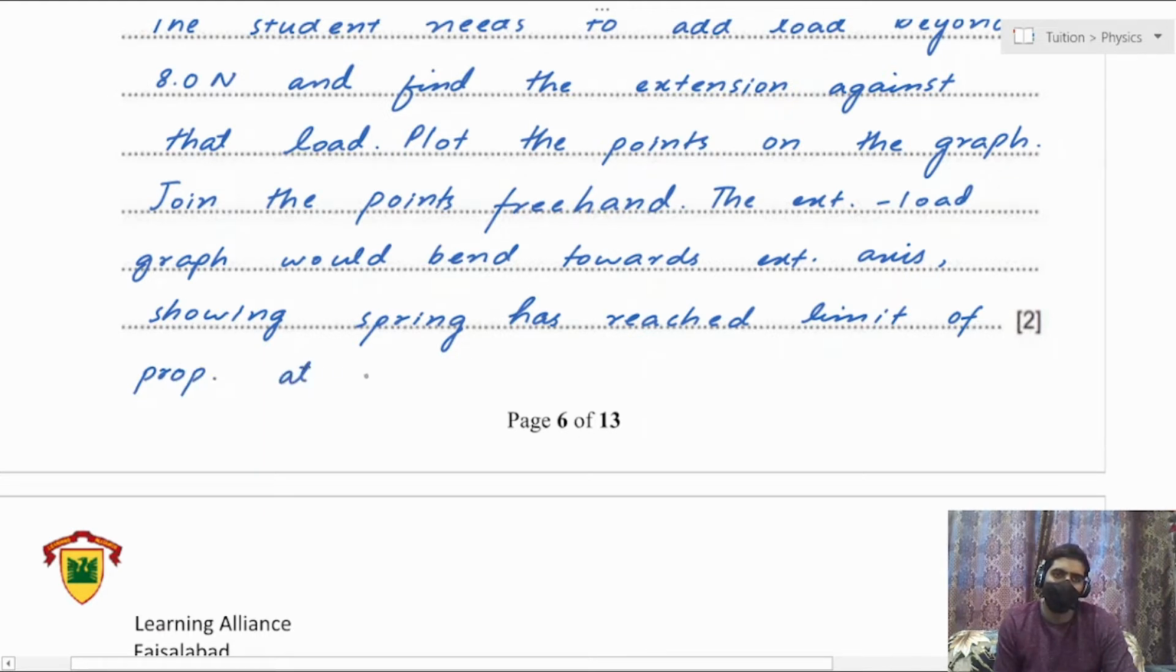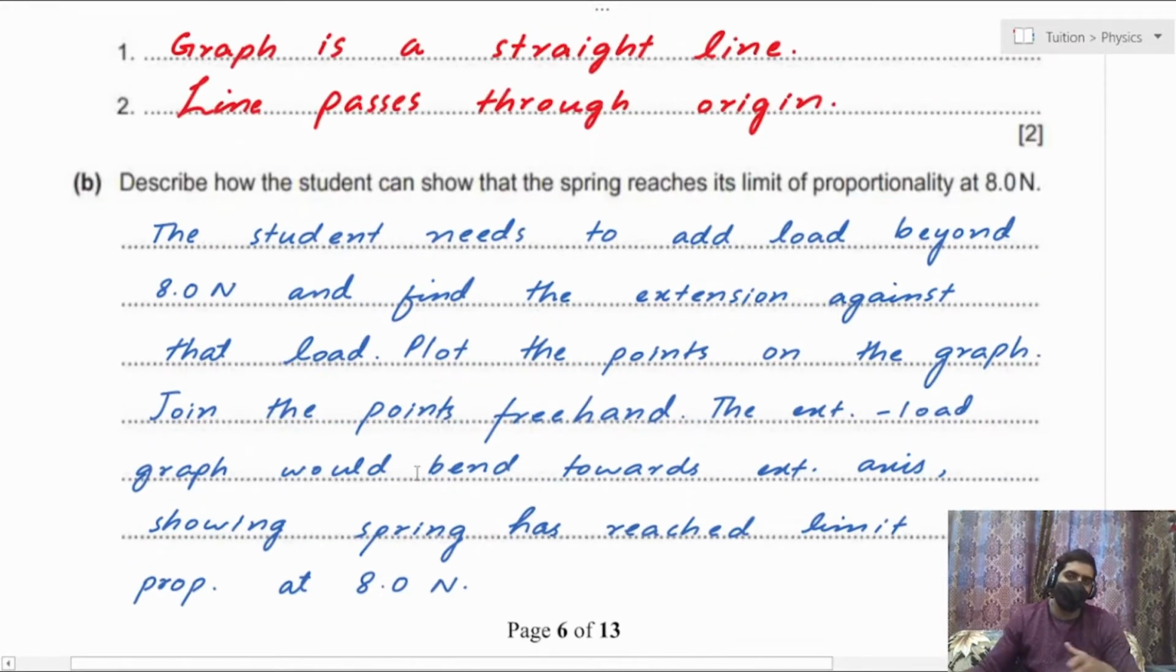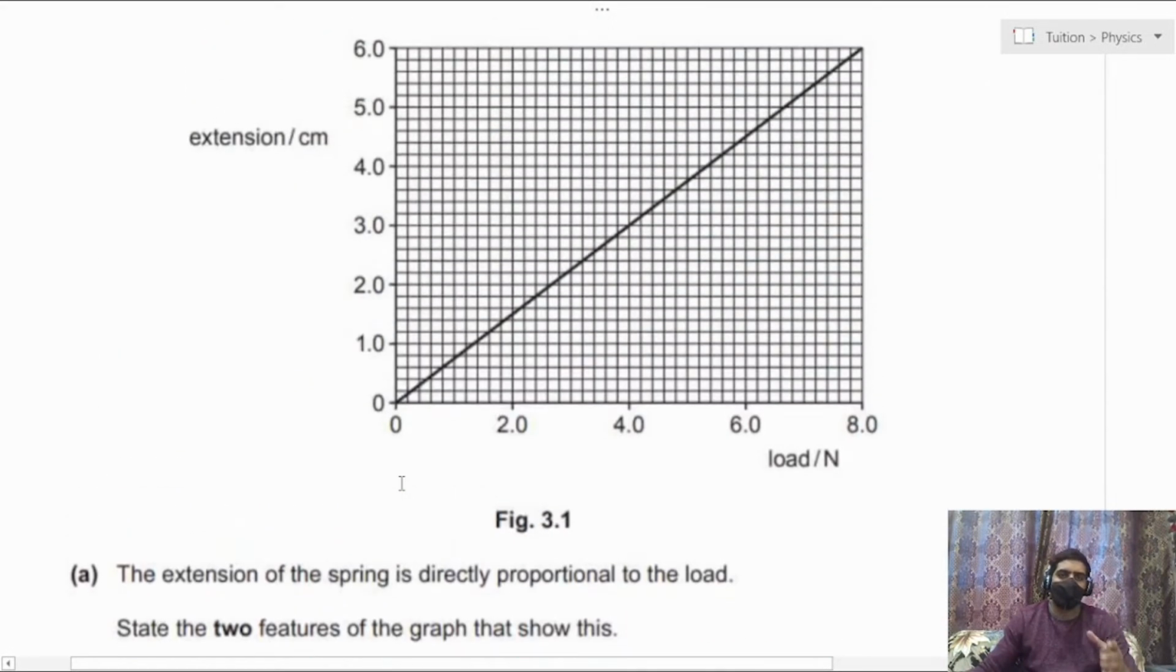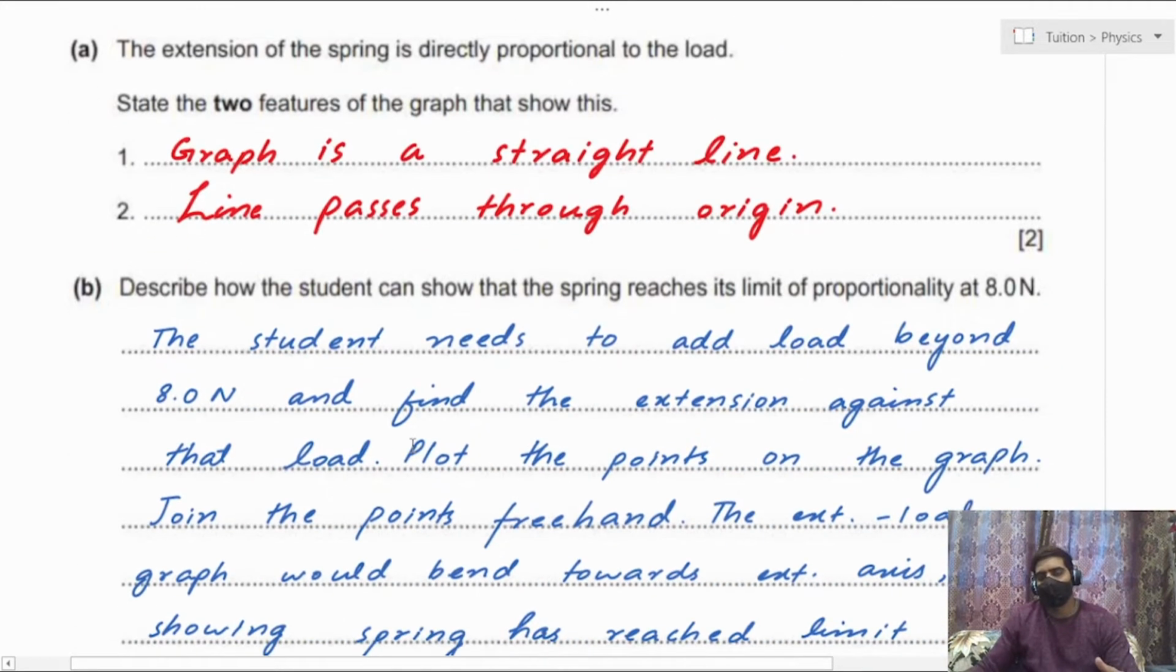at 8.0 Newton. Because right after that, as he would collect the data and then plot the data on the graph, he would find out that right after the 8 Newton point, the graph is no longer a straight line. It is a curve, and the curve is bending towards the extension axis, which in that case is the y-axis. Because as soon as it reaches the limit of proportionality, the spring constant now